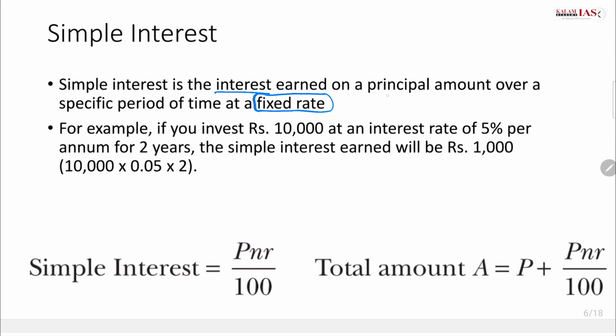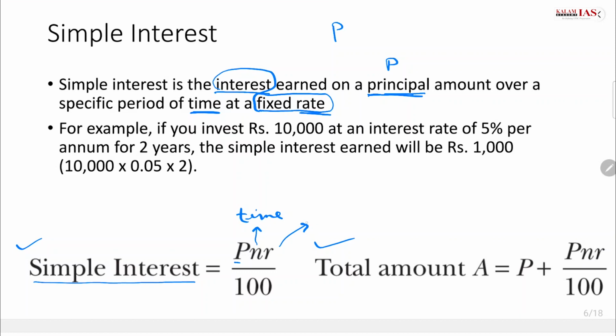Principal is the amount that is being borrowed over a specific period of time. So there are three variables: principal amount, time, and the rate, and all three link to the interest. First we will see the formula and then the example. The simple formula for simple interest is PNR by 100. P is the principal that has been given to the person, N is the time, and R is the rate at which the person has borrowed the money,